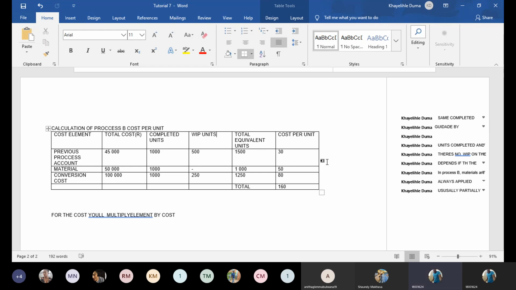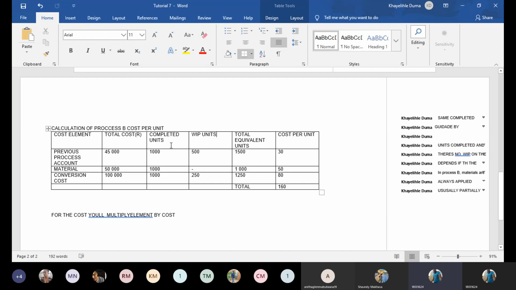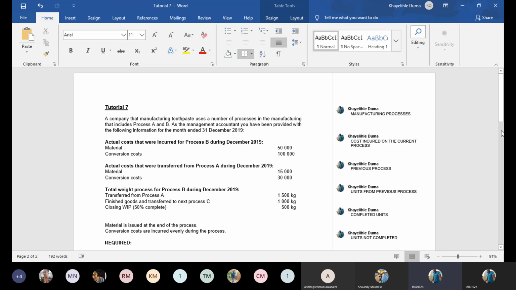Because in most papers, you have to do both of the processes, process A and process B. Let's assume you're doing it as a T account. Obviously, process A is a work in process account. It increases on the debit and decreases on the credit. So on process A, when you open just a T account of process A, you're supposed to have a credit entry, because you're not given the opening balance, a credit entry of